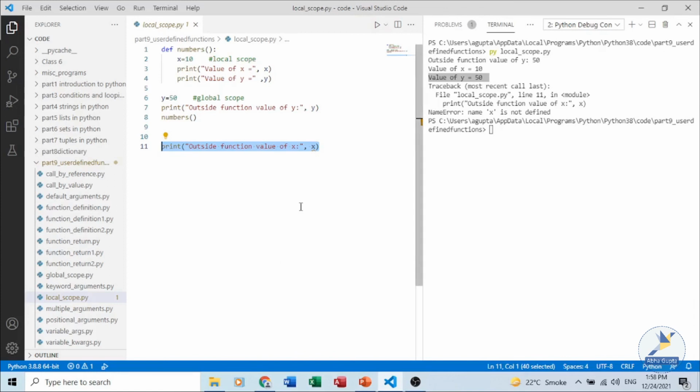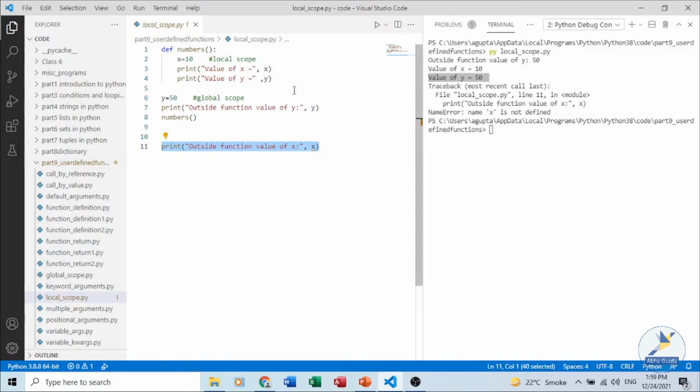While talking about scope, another thing we could discuss here is the lifetime of a variable. The lifetime of a variable is the period throughout which the variable exists in memory. So the lifetime of variables inside the function is as long as the function executes. They are destroyed once we return from the function. For example, in this same program, x is not available outside the function. It is available only inside the function.